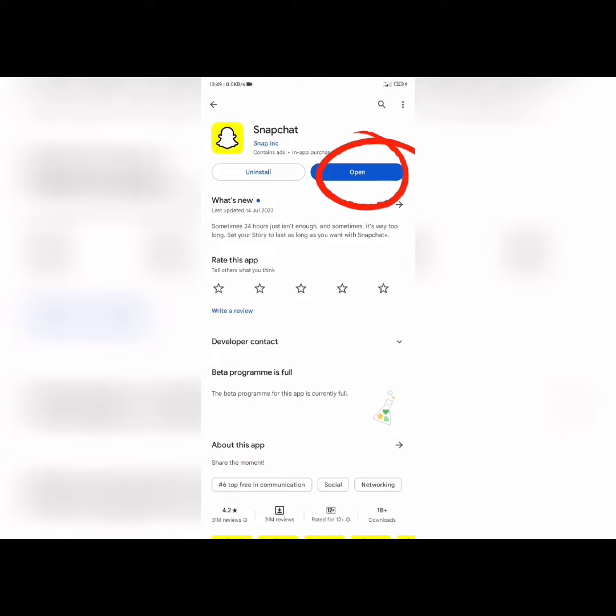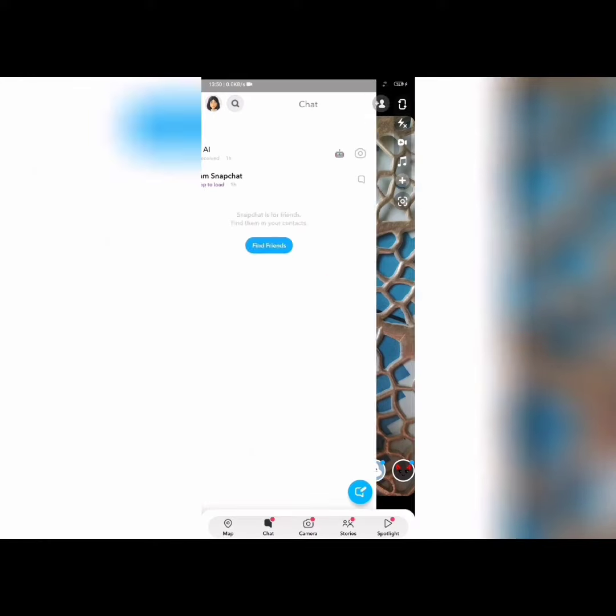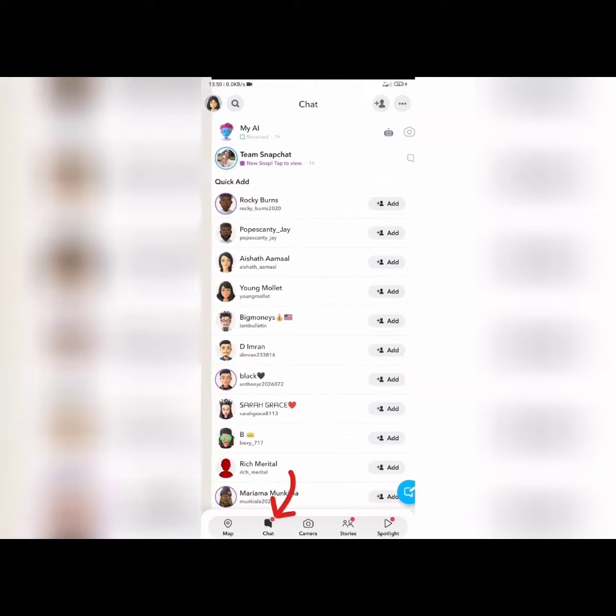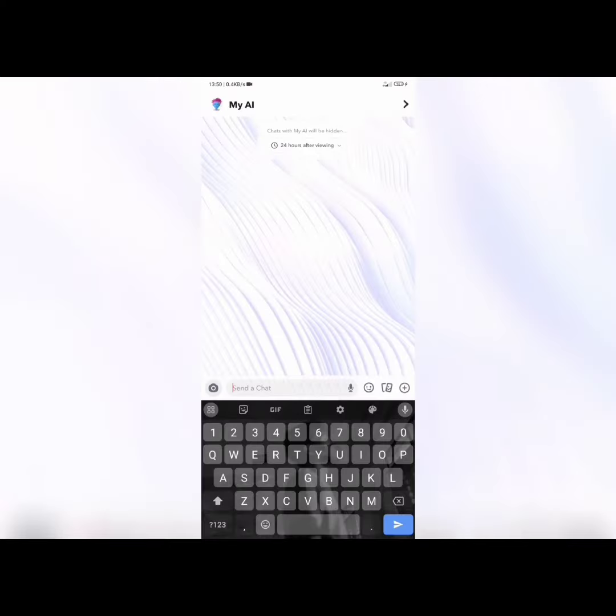Once you have that done, you can go ahead and open Snapchat. From here you can swipe from the left side of the screen to access your chats or conversations. You can do that as well by tapping on the chat icon in the bottom right here. Once you are here in the screen, you'll find right under your Bitmoji at the top, you have the My AI conversation. All you need to do from here is to tap on it to open it, and you are